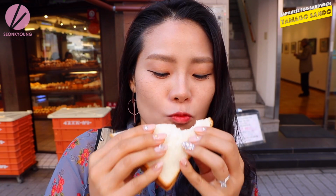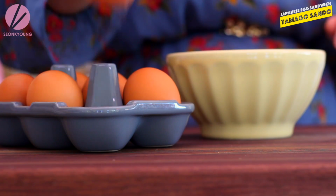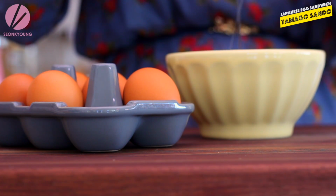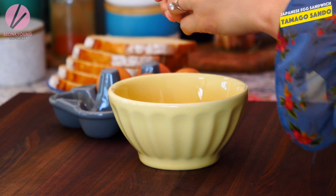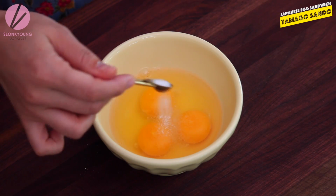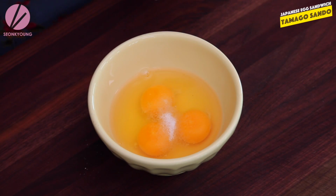So I want to share this recipe with you guys, and I made a really simple and quick version of it, so you can make it in the morning before you go to work or school. You can just whip it up really quick, or on the weekend for a bunch of family, it's really easy to make. You will need 3 eggs, and season the eggs with 1/4 teaspoon of salt and 1/2